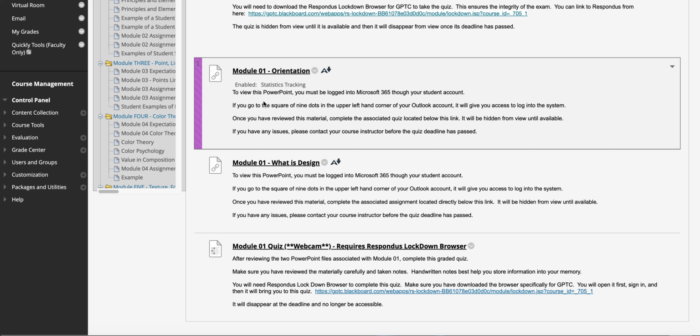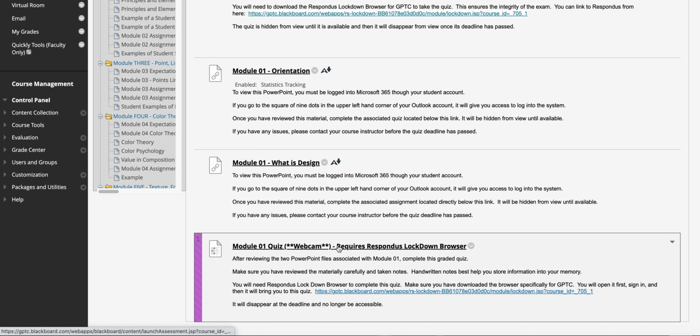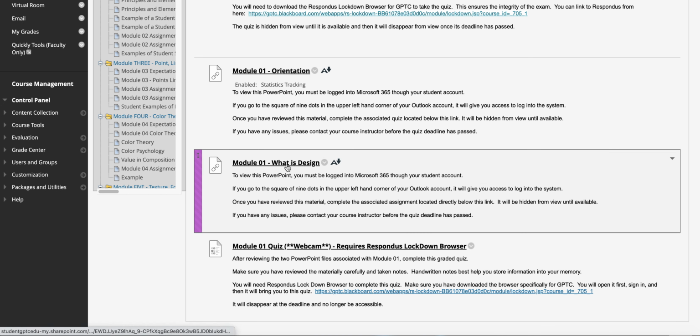Okay. So after you finish this one, when you've reviewed the material, you also want to review this one. You're going to do all these in order. You're then going to take the quiz. So then the next module is, what is design? What is this field that you've selected? We want to be very clear and honest with you up front, day one. What is design? What are you studying? From here, we're going to give you an overview, but the rest of this course is going to break down